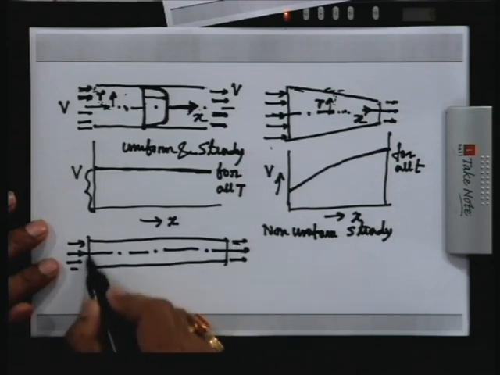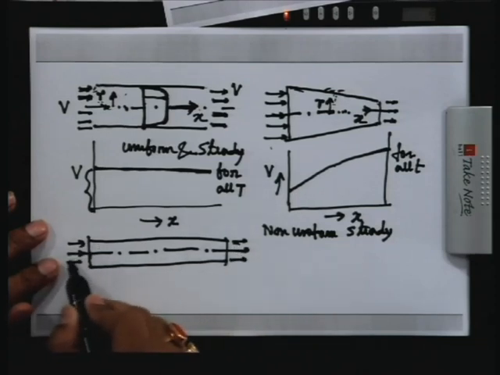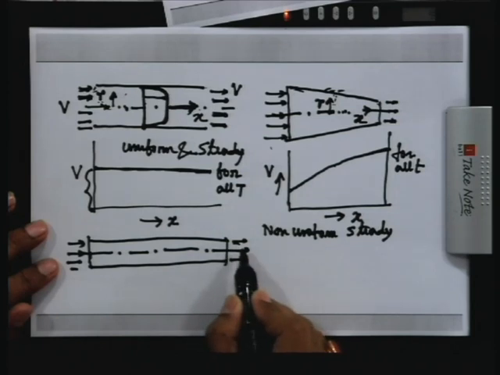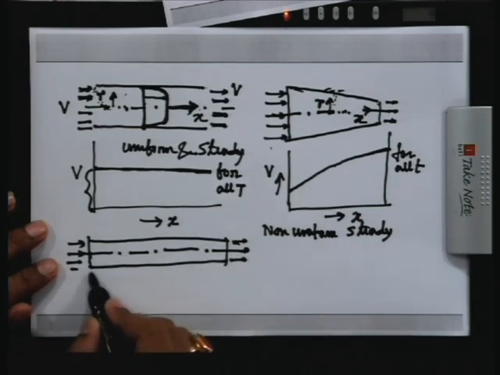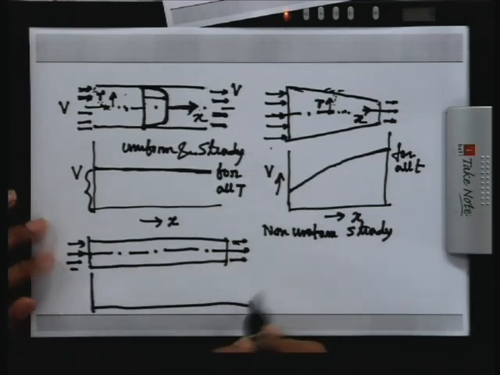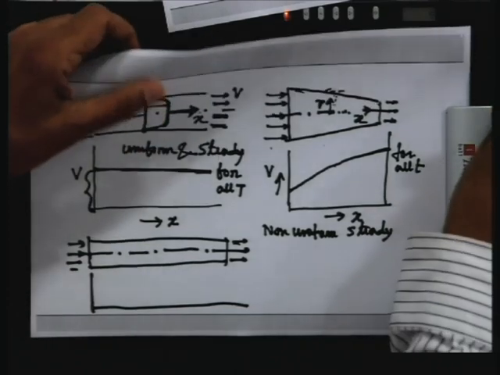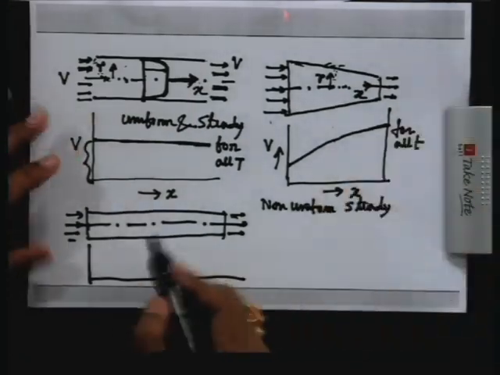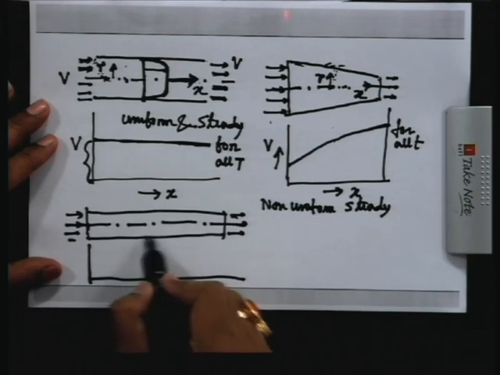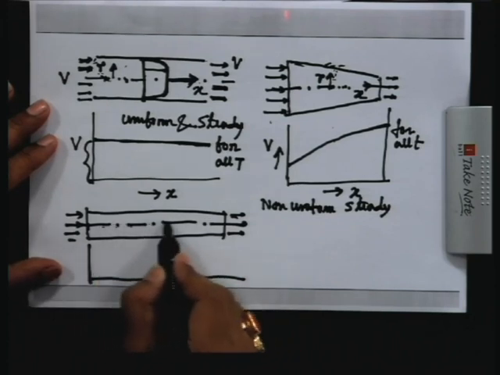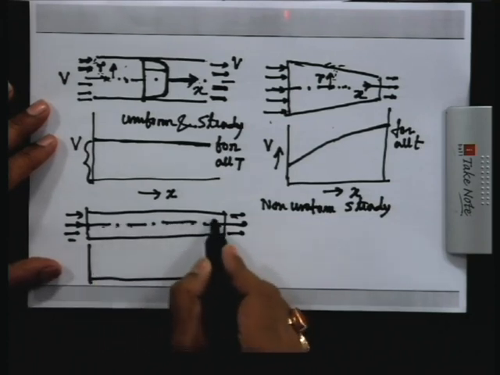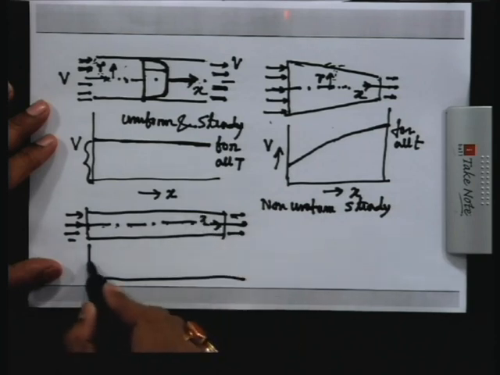For example, the inlet velocity is varying and accordingly the outlet velocity is varying. Then what happens? Even if you have a constant velocity, because I have told earlier that the cross-sectional area is constant, the center line velocity is constant, along the x direction you have a constant velocity,